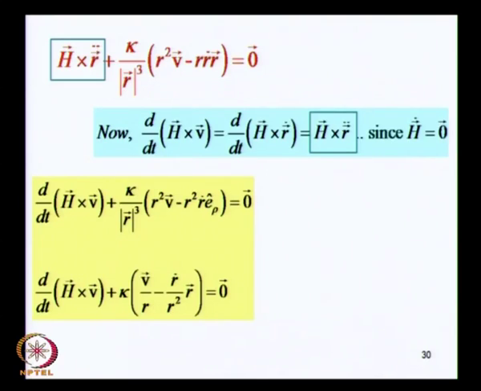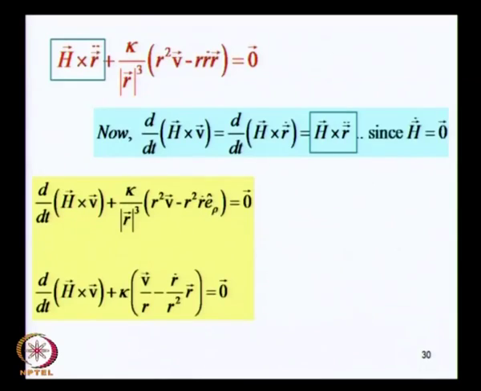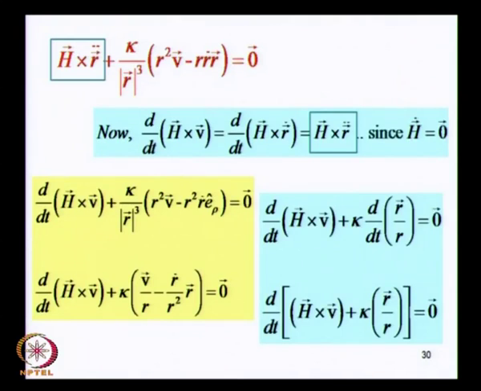Remember that all we have done is to use the equation of motion, play with it, and take the cross product with the specific angular momentum. Everything else is a consequence of the vector algebra. No new principles inserted in our analysis. So, now what have we got? If you look at this quantity here,